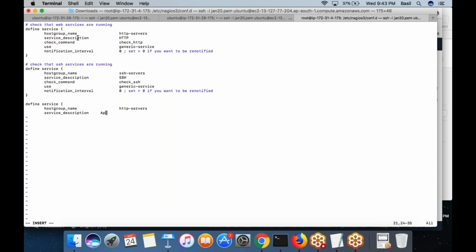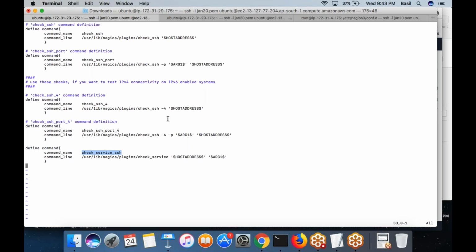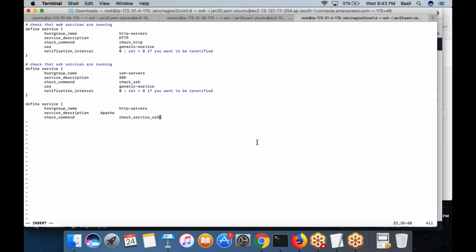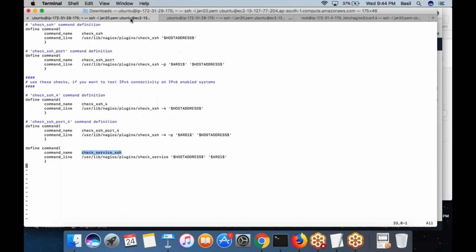Check command. Check command is going to be, what is that? Check service SSH is the command which I had defined. And what argument you would pass? The service name, Apache 2, is what you would pass. It's only Apache 2 that you will pass. Automatically, when the service check runs, the host name will be passed automatically. So when this particular service check runs for web 001 machine, automatically the IP address of web 001 machine is passed as an implicit argument to this particular command that you have defined.